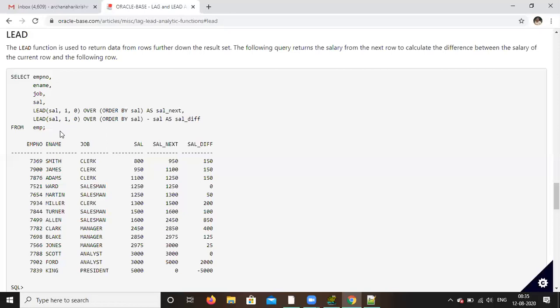And the next one is salary, comma 1, comma 0 over this same thing. Then minus salary to find the difference. That is for difference. But lead, this is the syntax. So you can find the next value. So you can copy and run it, you will get the same result in the code.